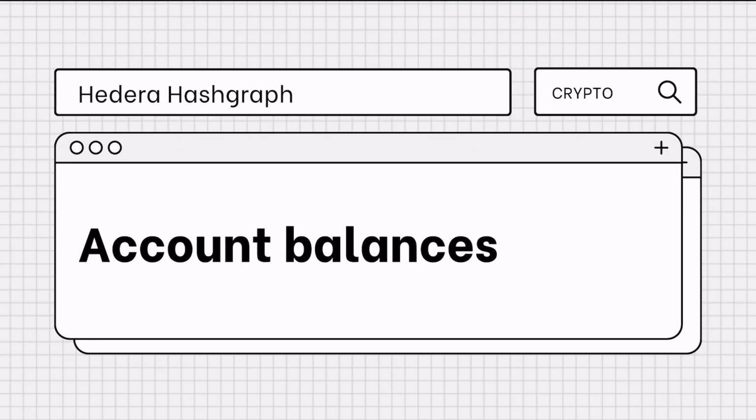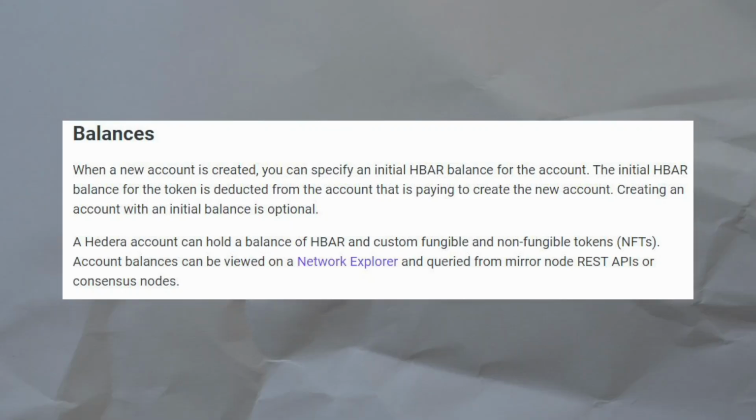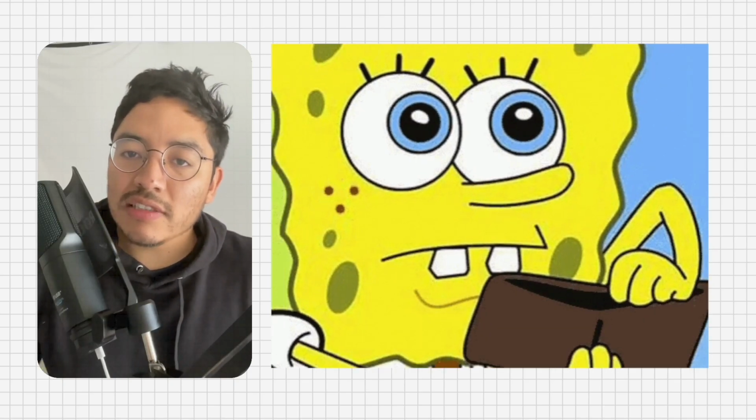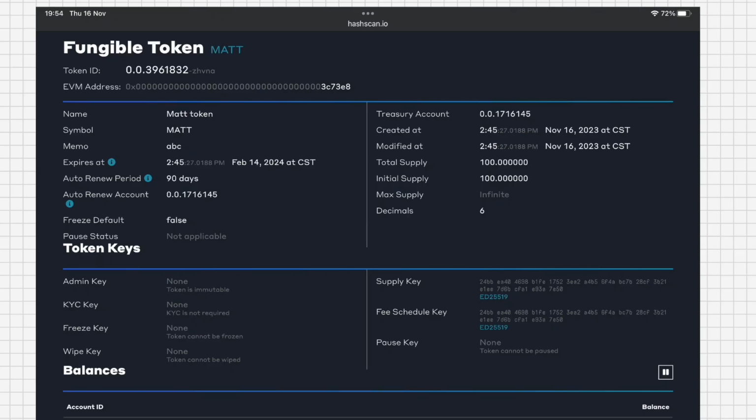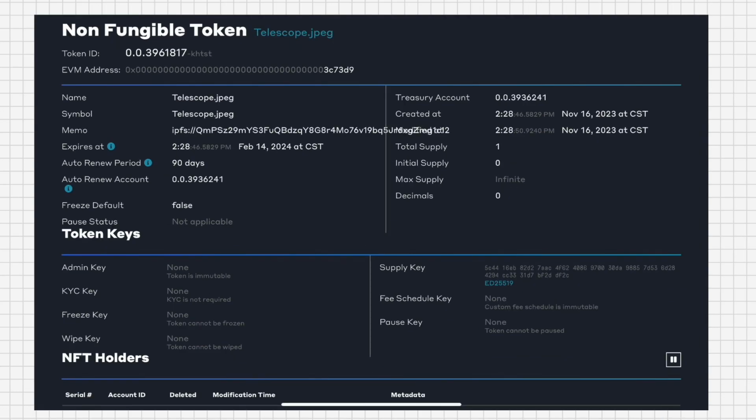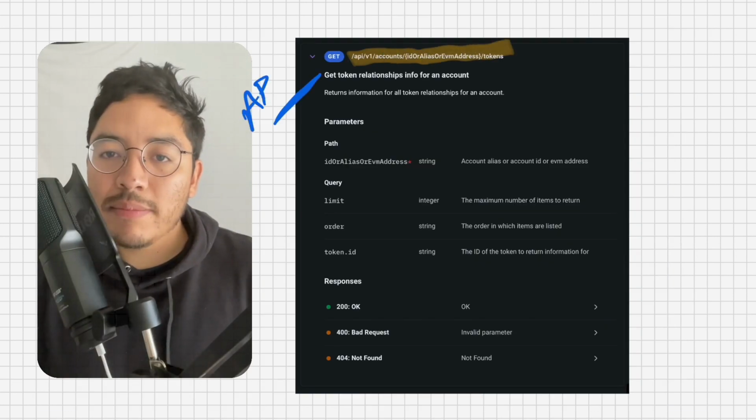Balances. Upon creating a new Hedera account, an initial Hbar balance can be allocated. This is optional, and the amount, if any, is deducted from the account funding the creation. Hedera accounts can store balances of Hbar as well as fungible and non-fungible tokens, NFTs. These balances can be seen on the Network Explorer and can be accessed through the mirror nodes, REST APIs, or